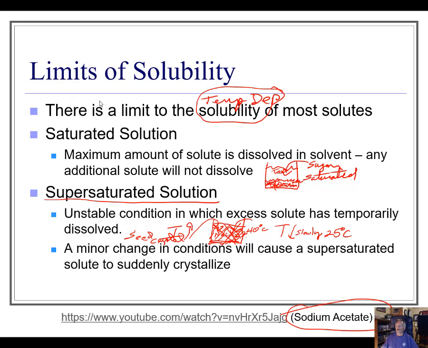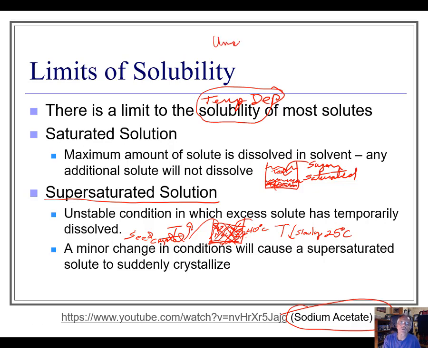So those are two conditions of solutions: saturated solutions and supersaturated solutions. Before we go, I'm going to add one to it because it doesn't seem to be here in the PowerPoint notes. I bet it's on the next slide. And those are